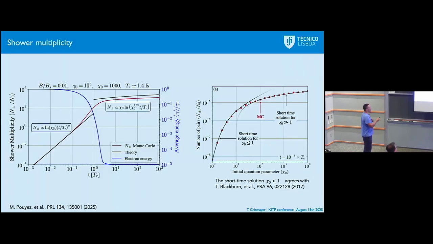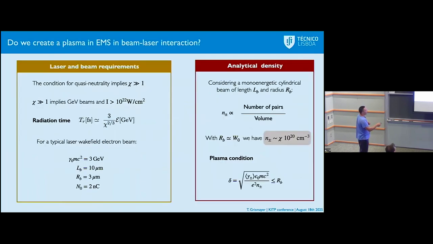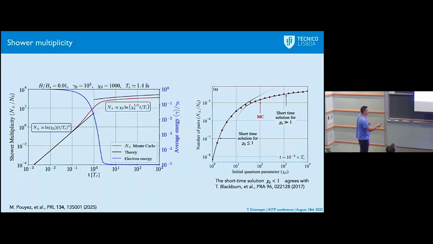But you can put any kind of cross field, it will give you exactly the same result. So the chi naught initially is 1000, and the radiation time is 1 femtosecond. Here, this is the shower multiplicity. This is time in units of the radiation time. You can see here that exactly at the radiation time, the average energy of my beam lost almost